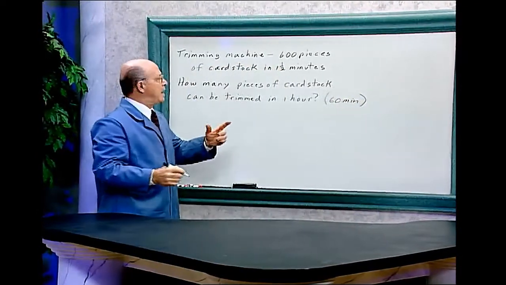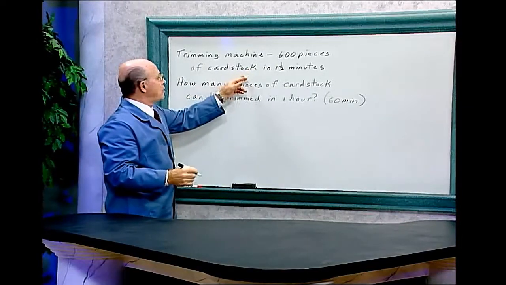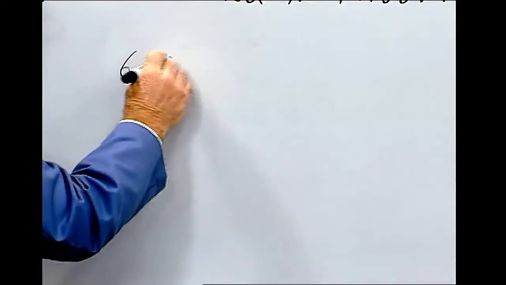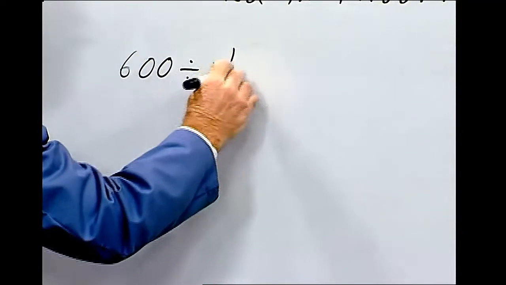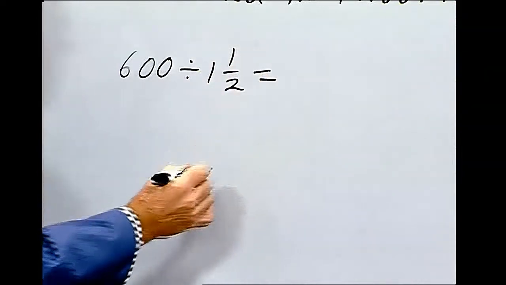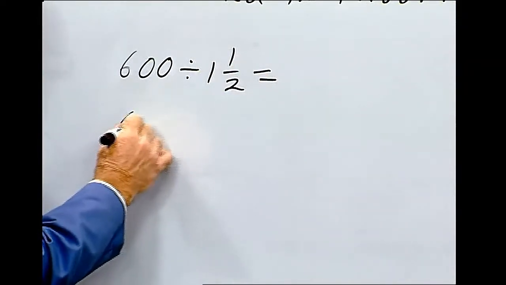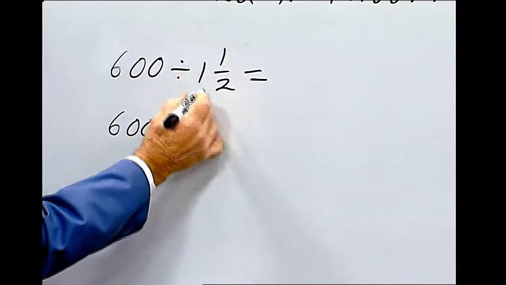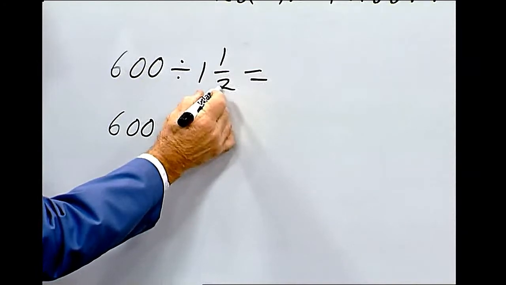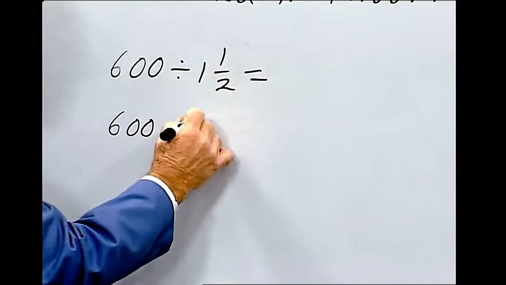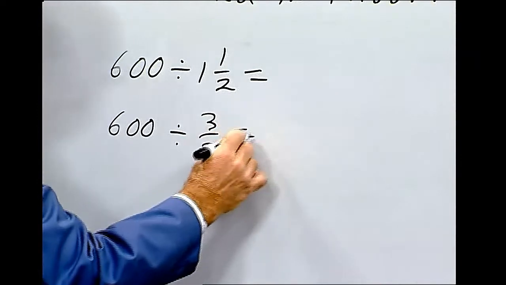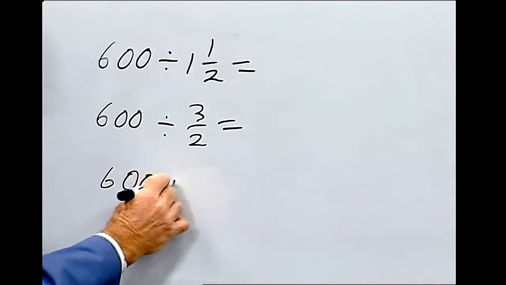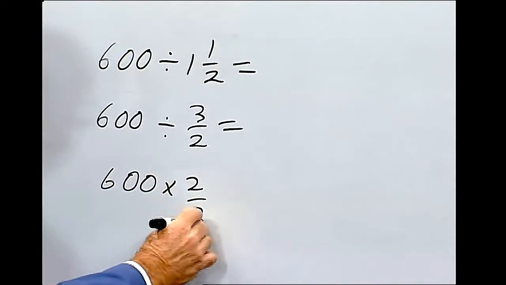So let's first of all find out how many pieces of cardstock can be trimmed in 1 minute. So we divide 600 by 1.5 equals. So 600 divided by, let's change this mixed number into an improper fraction. So 2 times 1 is 2, plus 1 is 3 over 2. Now let's invert this number, then multiply. 600 times 2 over 3 equals,